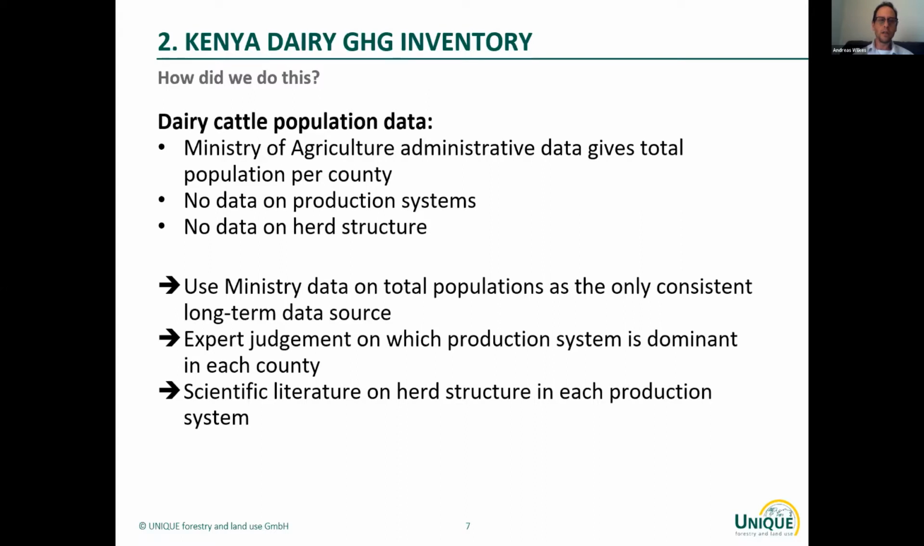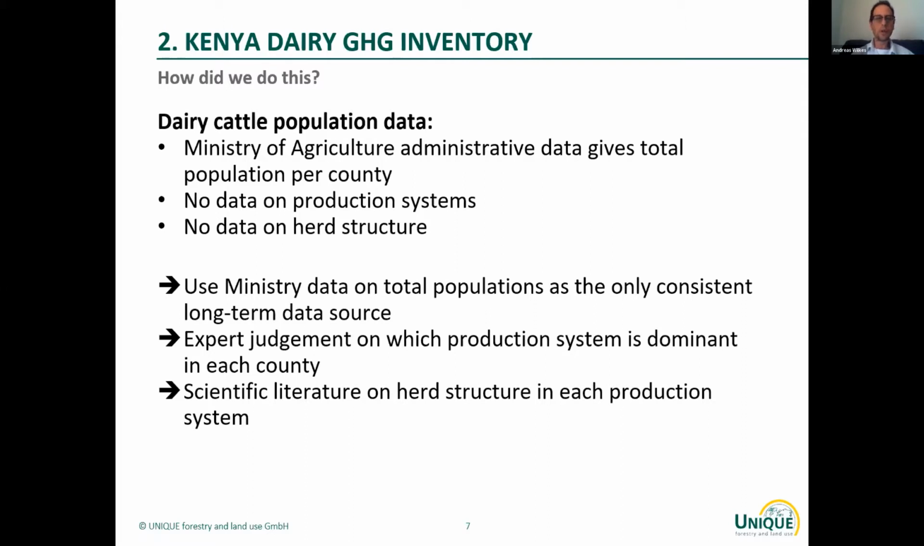So in this case, we used the total population as a consistent long-term data time series, and then used expert judgment to allocate the dairy cattle in each county to one production system, depending on which production system is judged to be dominant in that county. The expert judgment came from staff at the State Department for Livestock, who for many years have been working on these issues. And for the herd structure, we pulled all the available data from scientific literature on herd structure